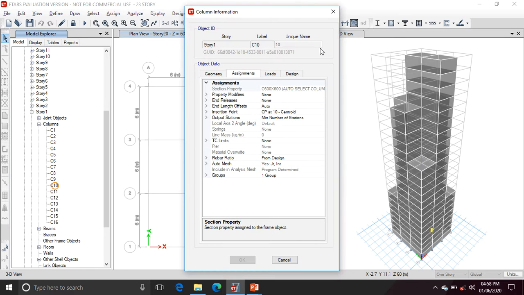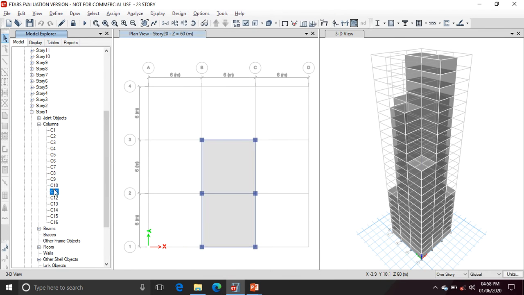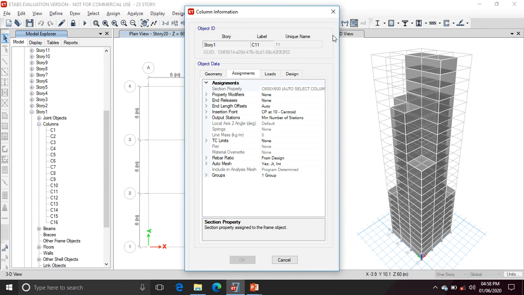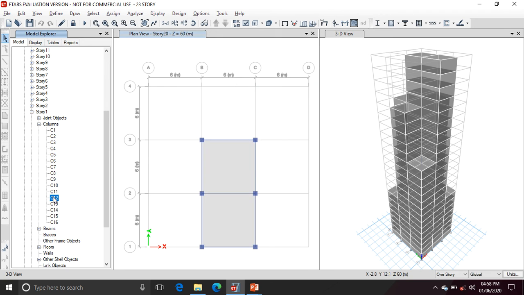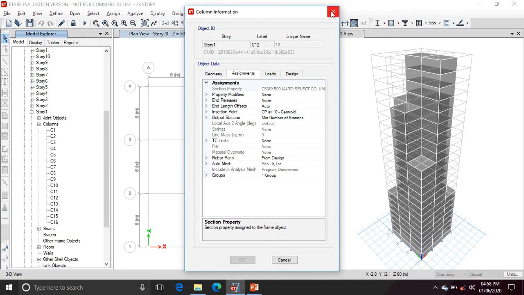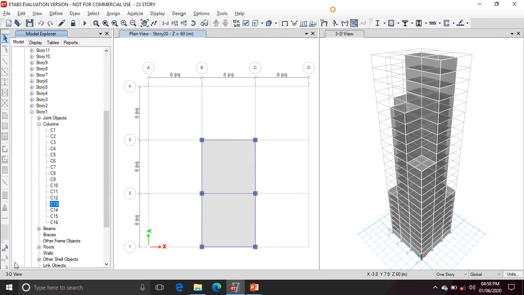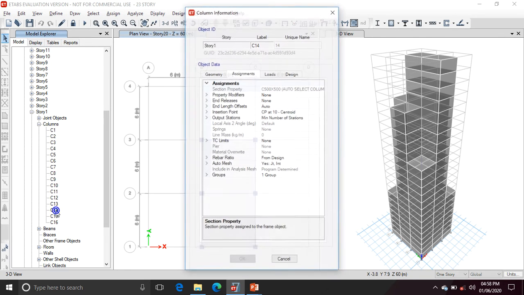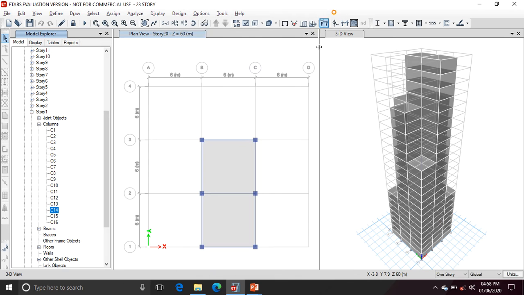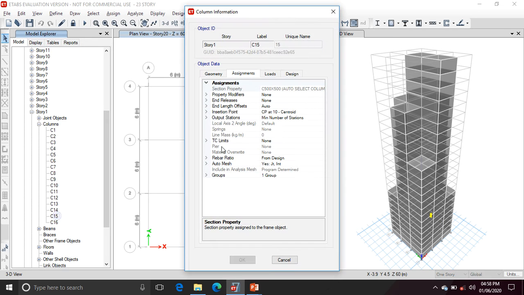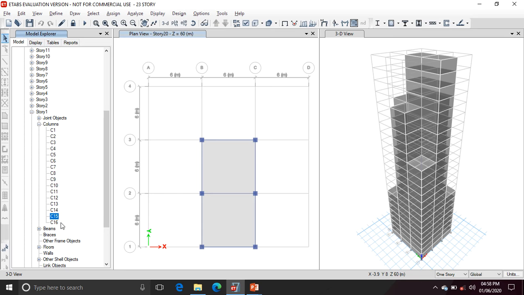C10 is also 600 by 600, C11 is also 600 by 600. Then once again click on C12, that is 500 by 500, C13 500 by 500. By double clicking we can get the dimensions already used in the ETABS software. CP is 500 by 600.